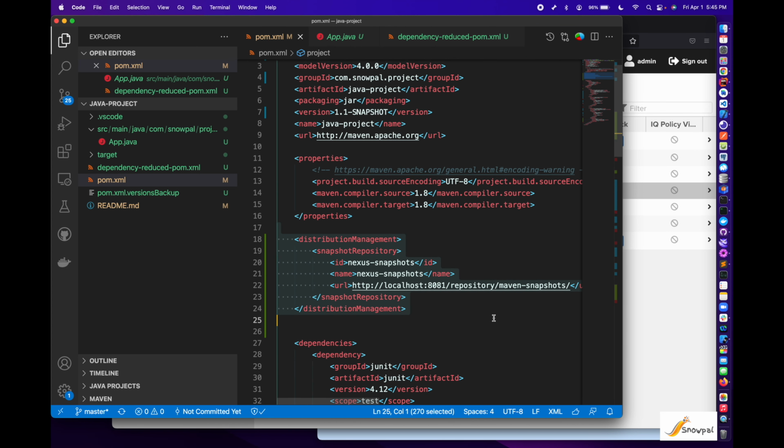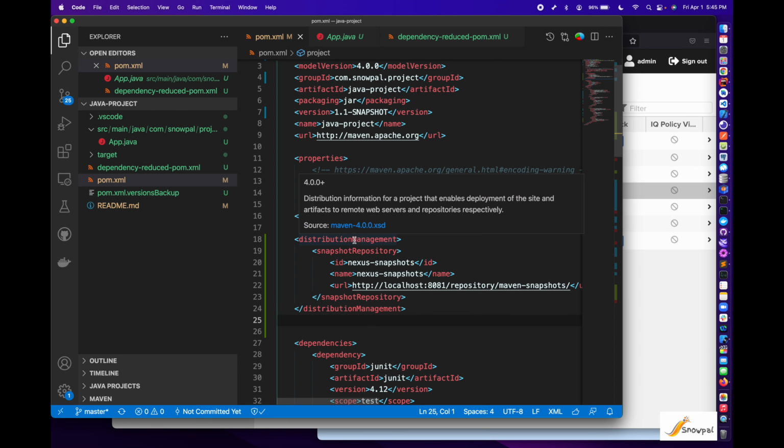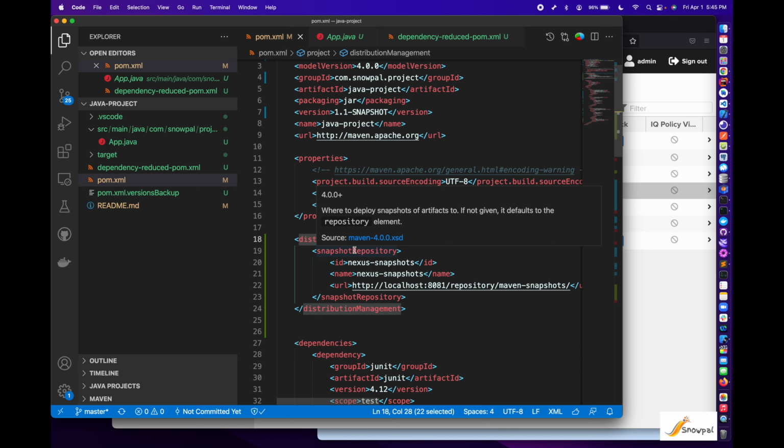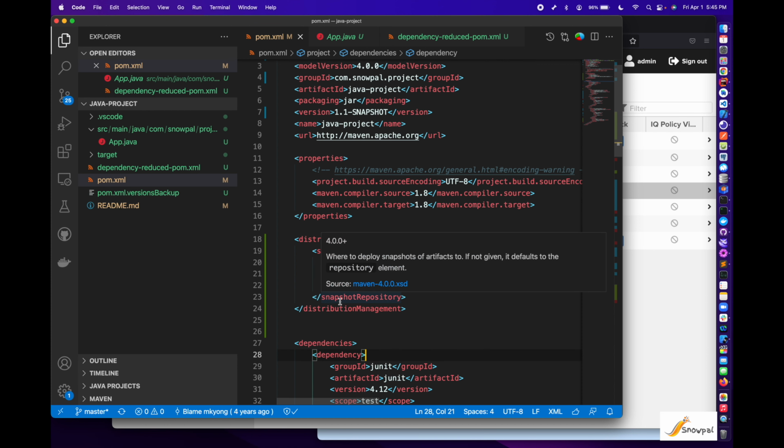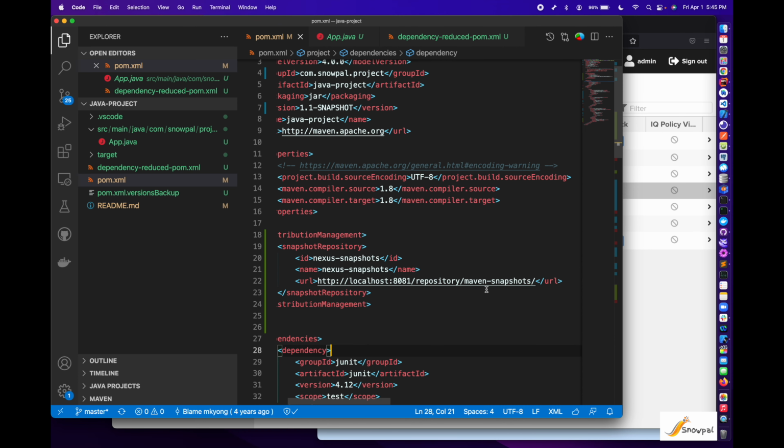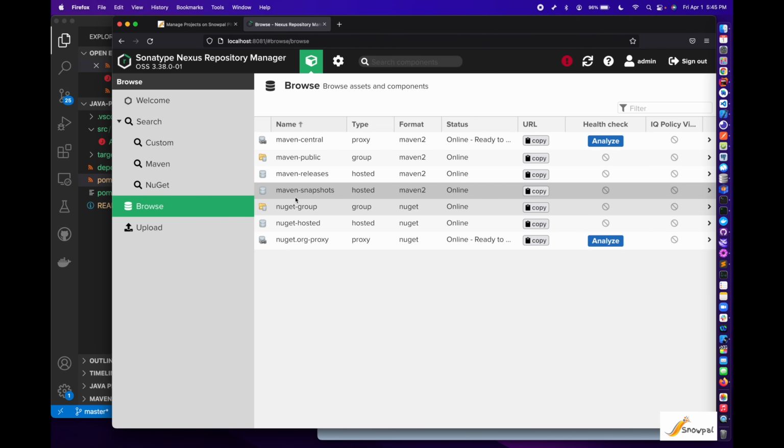Distribution management. This is very important. The distribution management can have either a snapshot repository as a child element or a repository. You can look up the differences between the two. In this case, we have a snapshot repository and we have a URL that points to Maven snapshots. So it's going to be pointing to this one here. And